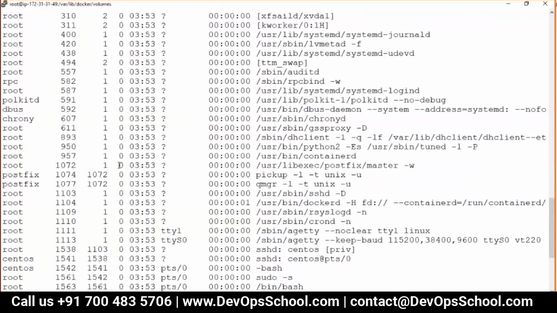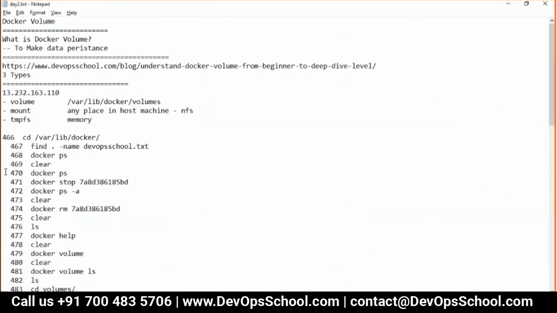Rajesh, go ahead. If I run a Jenkins Docker, do I have a Jenkins user in my host machine as well? Yes, you have to have it, if you are not using a volume, if you are using the second type. For this one, it will work because they will create a volume and assign the permission to Jenkins also. But in this case, you need to have it. So the UIDs in the host and the UIDs in the Docker should match, there should be no difference.